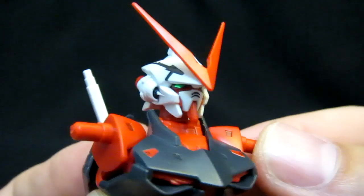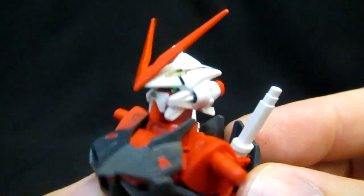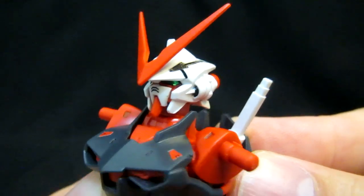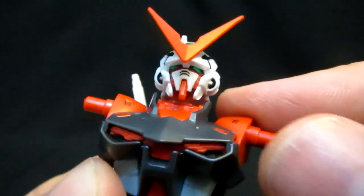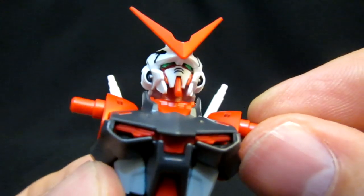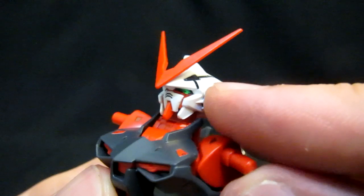Finally, the head is one of my absolute favorite features of the red frame, and it was really fun to see the differences. This is the much more typical Astray head here, then the blue frame, which is heavily modified. But if you get in there, just a little bit of black ink is going to take care of the ears. Bandai does all the work for getting the under eyes and the cheeks and the goatee done up in red there properly. But the one thing that was a little bit disappointing for me is just that these channels